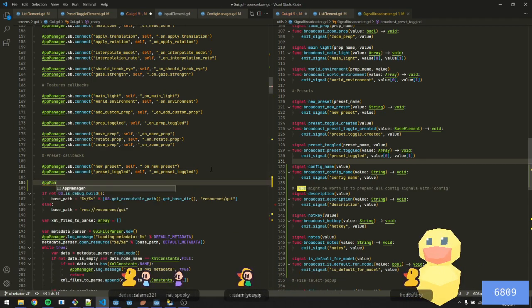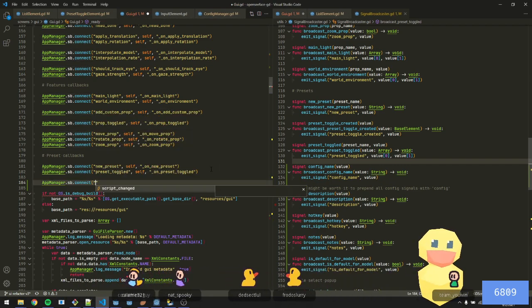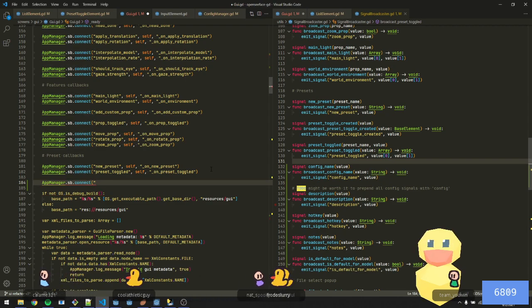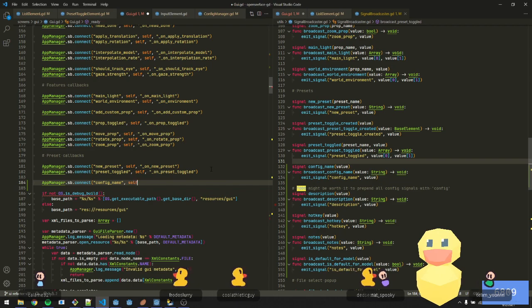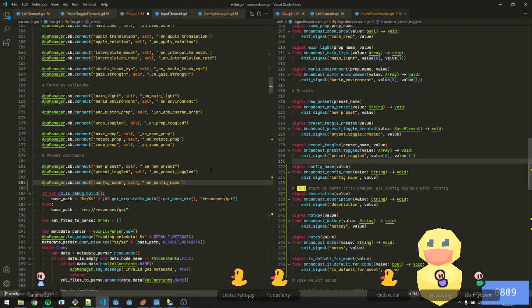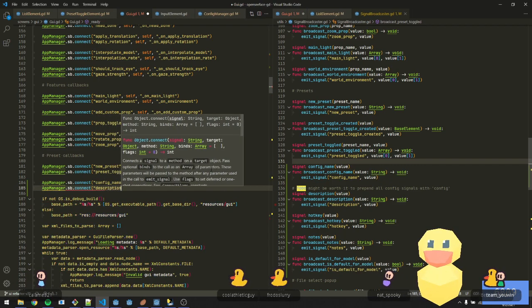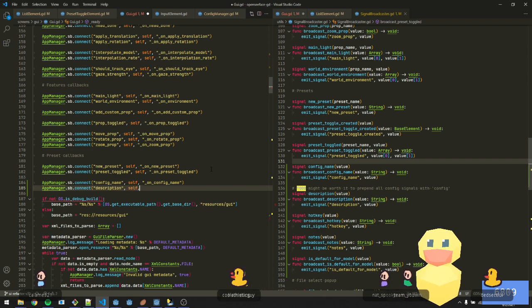So this will be app manager, SB connect. So let's grab this part. We'll just copy and paste. Actually, copy and paste all of this. So this is going to be a config name, self on config name. So we're handling all of these manually. I don't like it, but I can't think of a better solution. Well, I can't think of a better solution that also does not involve